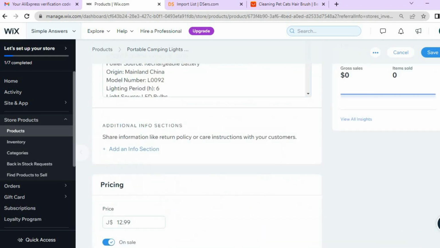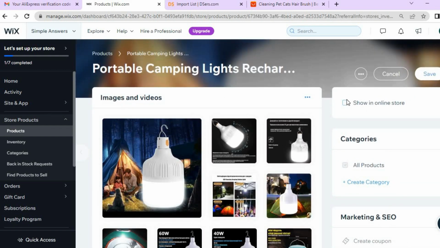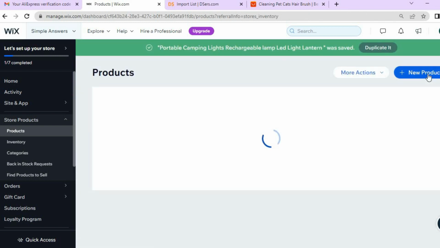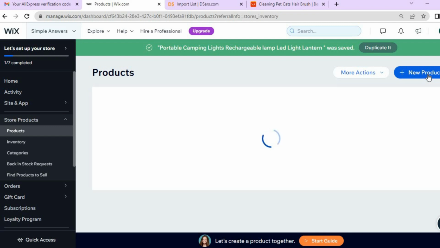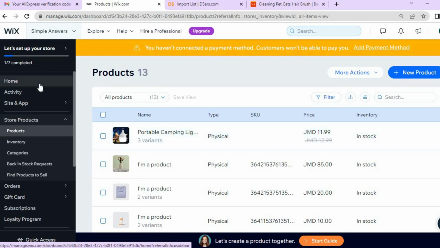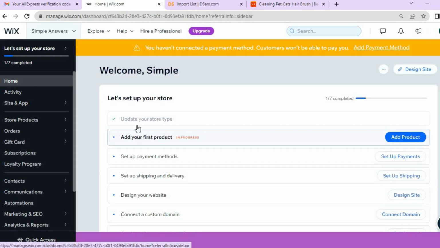And once everything is to your liking, you'll simply scroll back up. Then you're going to tap on show in online store in the top right hand corner. Then you're going to tap on save, and that is how you would be able to add products to your Wix website. As you can see right there, it is now being added. The next thing I would recommend you do is go back and tap on home. After you have tapped on home, the other thing that you'll need to do